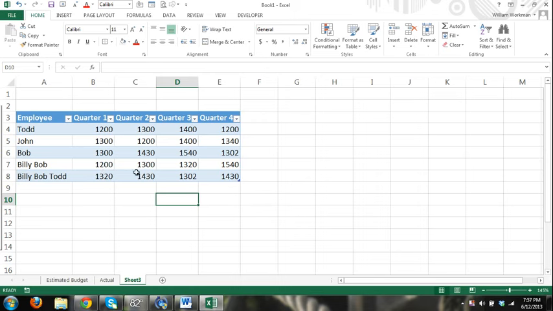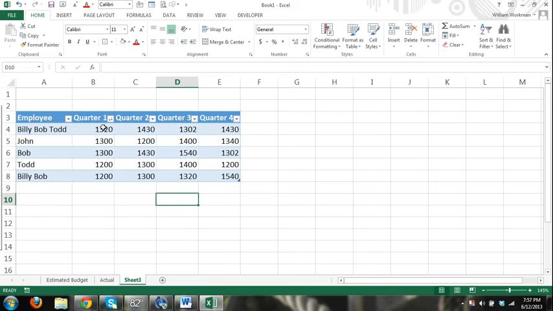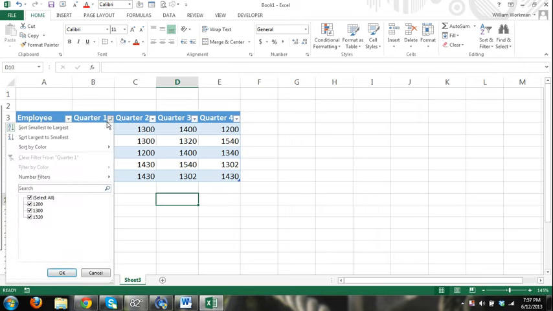Okay, with the table, I can go in by quarter. I can just sort and filter data. So you can see I can do largest to smallest, and that's going to tell me for quarter 1, it's going to sort it from largest to smallest, or I can do from smallest to largest. From smallest to largest. You can